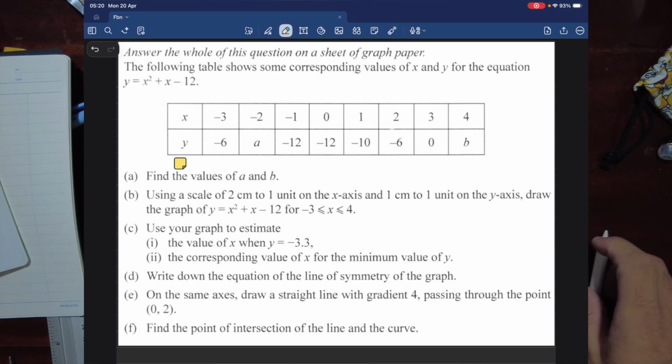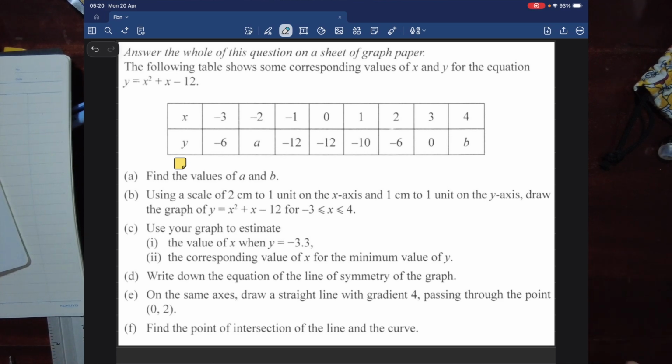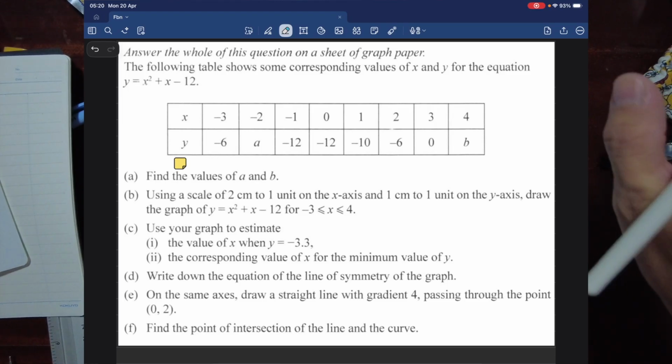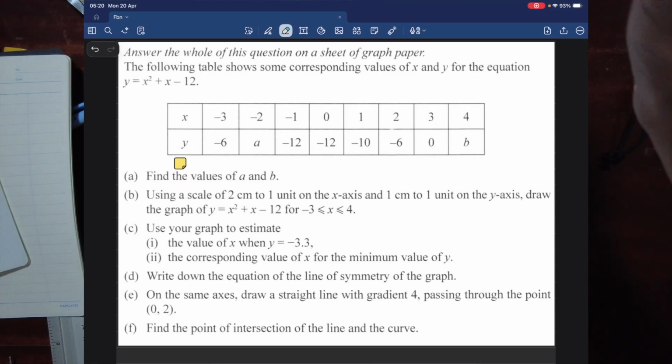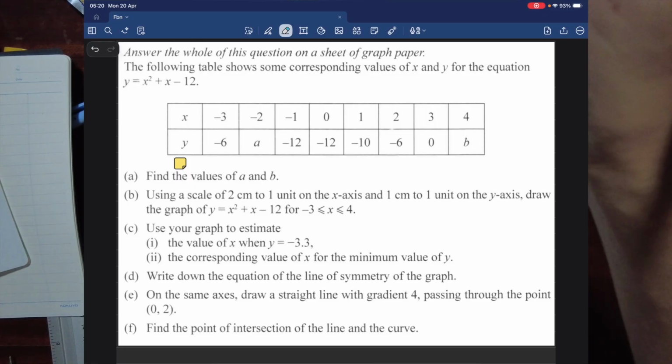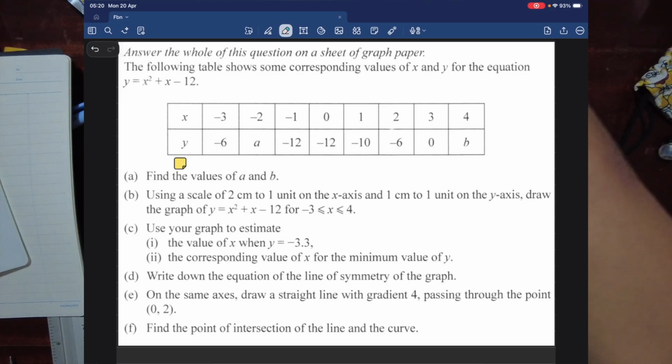Hi guys, in this video, let us see how to solve this typical quadratic graph question. Take some time to read this question. You may pause the video. The table is given to us and they are asking us to find the value of A and B, which is